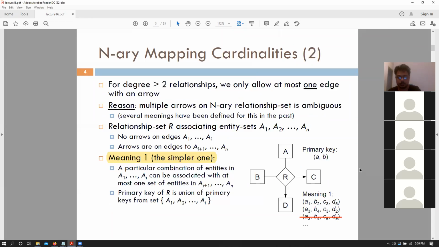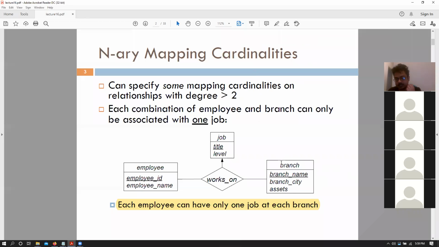Exactly. Okay. So that was basically ternary relationships, right? Where your number of relationships is basically degree 3. Now, we can also imagine relationships that are more than degree 3, but more essentially,